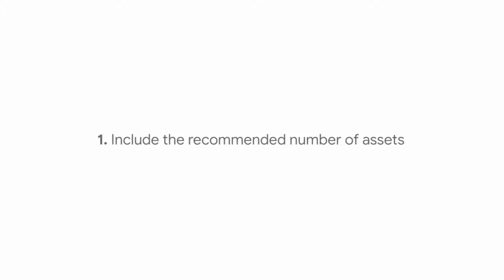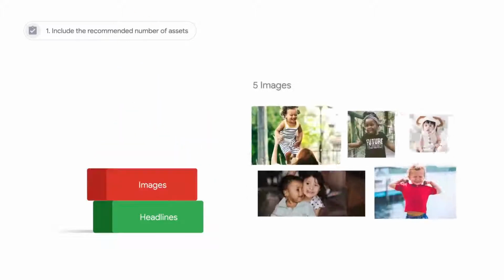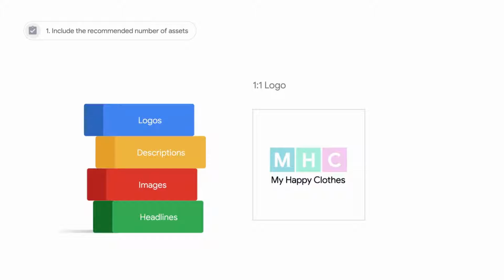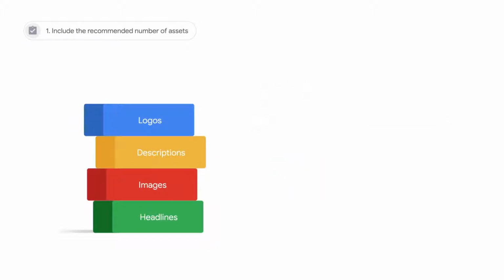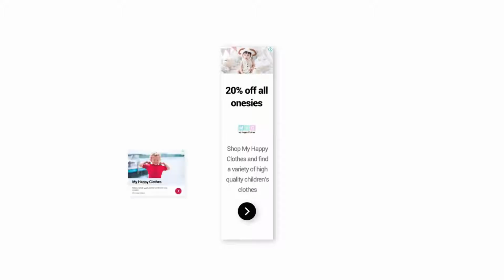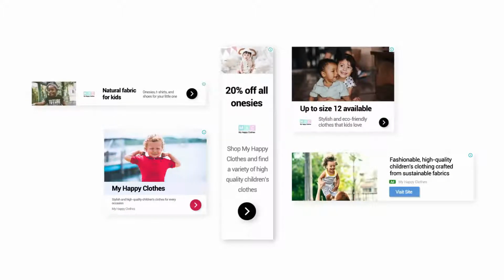Include the recommended number of assets: 5 headlines, 5 images, 5 short descriptions, a one-to-one logo, 1 long headline, and your business name. Ensure that all short headlines, long headlines, and description copy are distinct and can be used interchangeably.